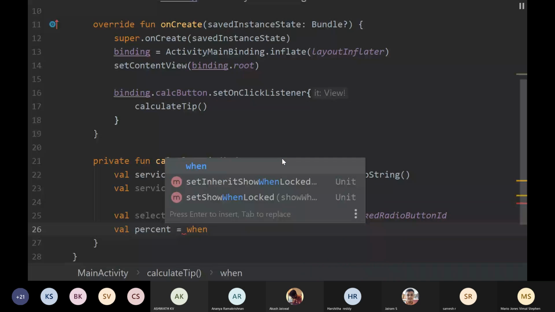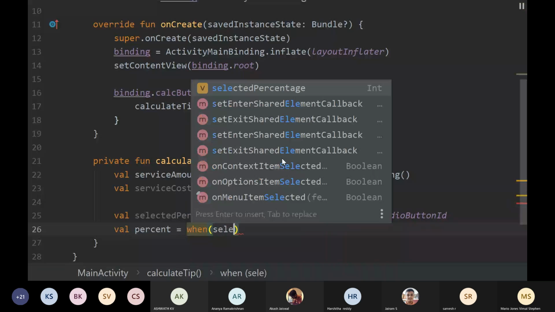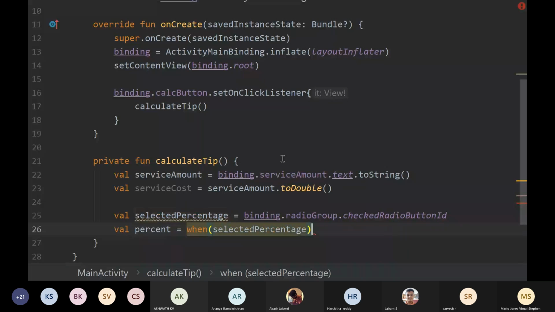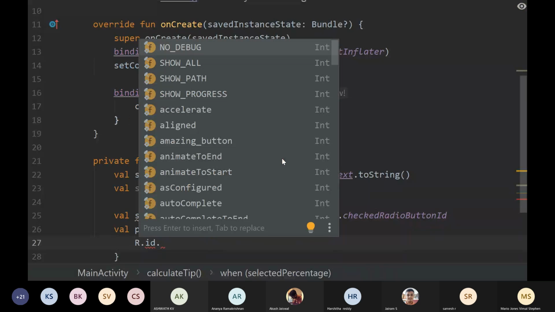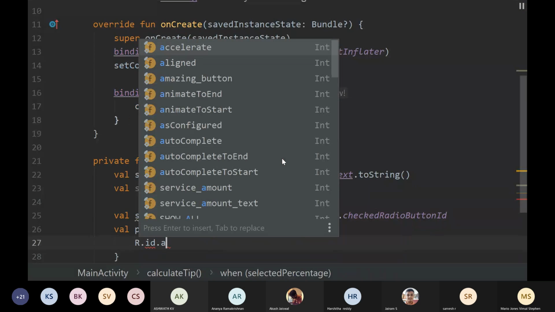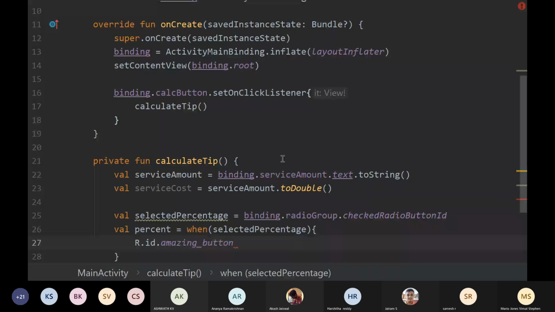We'll just use a when statement. We'll have selected percentage, and if the selected percentage is r dot id dot amazing button, right, we will have